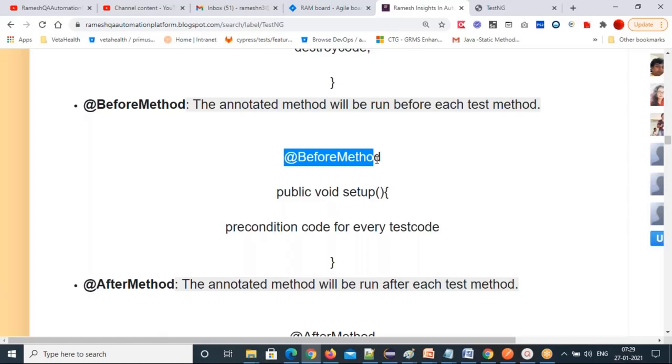Clearly, this is an interview question, guys. What is the difference between BeforeTest and BeforeMethod? BeforeTest is test tag related. BeforeMethod is @Test method related. In one class, there are many @Test methods.